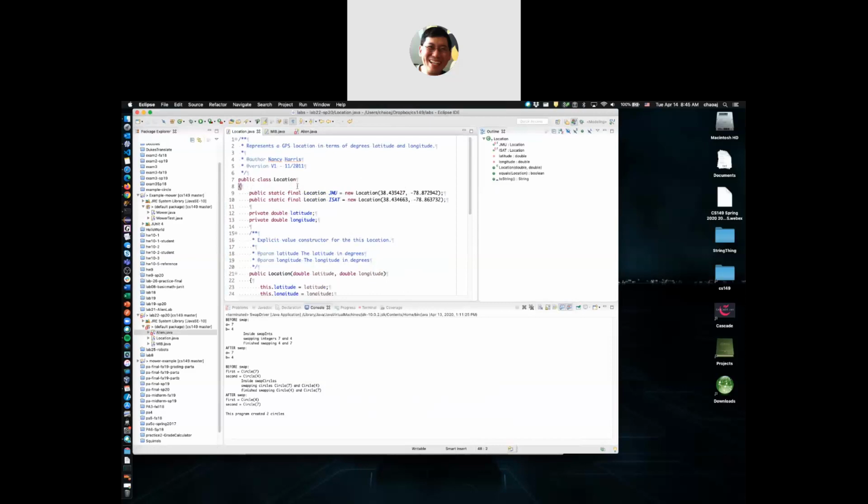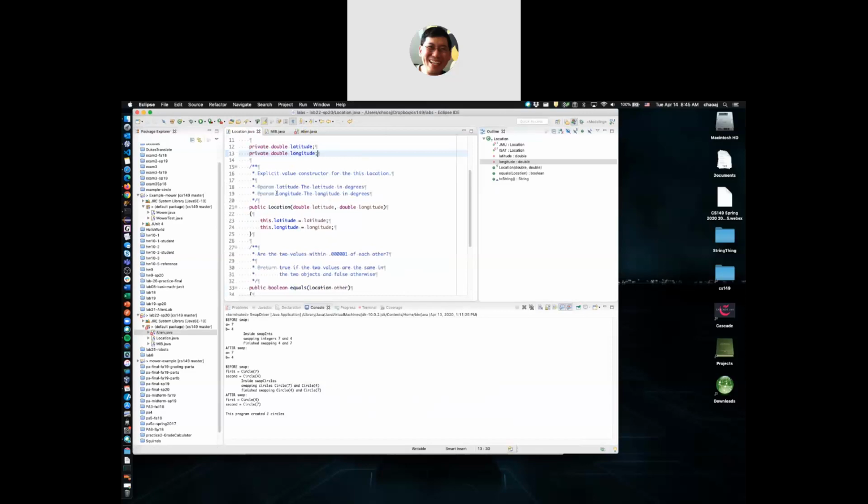So we can say location.jmu, and that will give us the location for JMU. And then we've also got location.isat, which gives us the location of ISAT. So we can put people at JMU or at ISAT. And then we've got latitude and longitude as the two attributes that we have here. Over here, we can set a location. This is the explicit constructor for location. We're going to pass it a latitude and a longitude and set those lat and long inside of our new